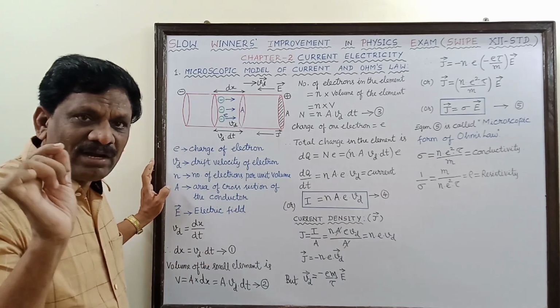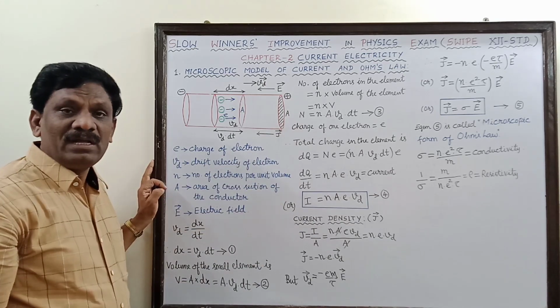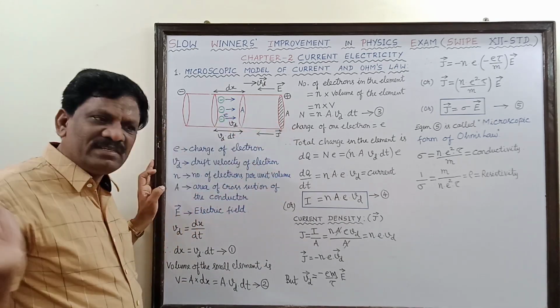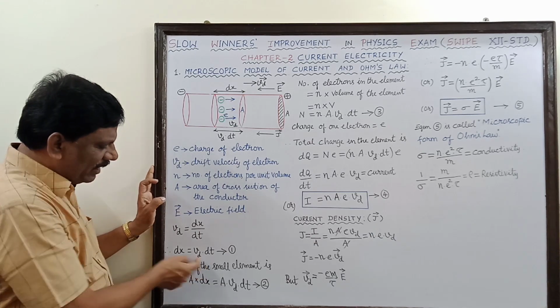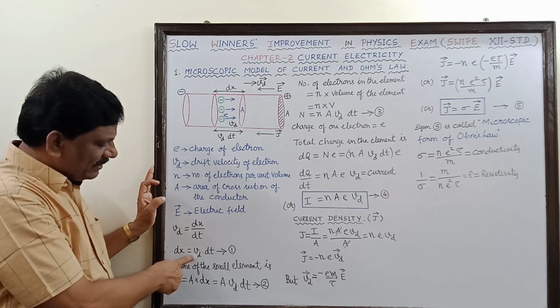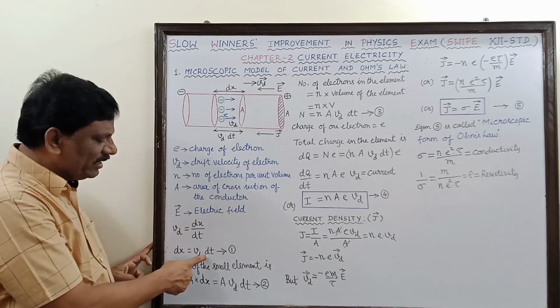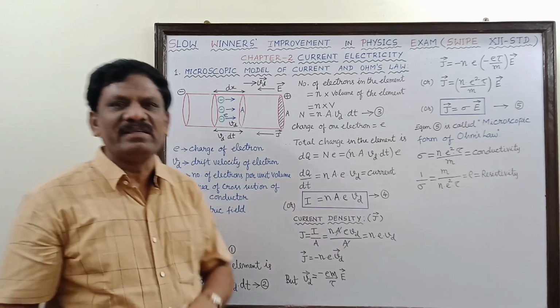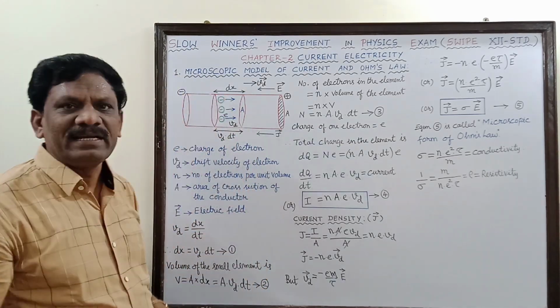Keep one small dot for the product everywhere. Everywhere I have written the same. That will be easy to remember. Otherwise, it becomes a continuous readable word you are writing in the exam. Avoid that. Keep a dot and write the d in the suffix here. So, from this equation, dx is equal to Vd · dt. Number the equations always. So, the first equation is for the distance traveled by the electron inside the conductor for a